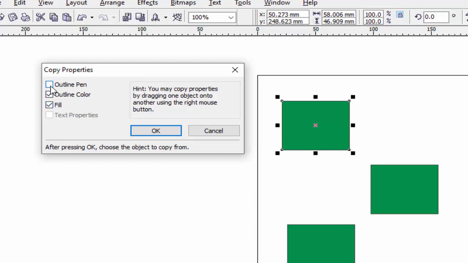I want to apply only fill color, so I select fill and click OK.